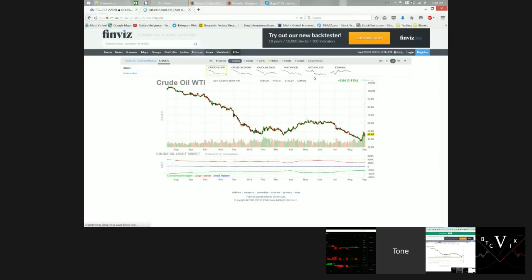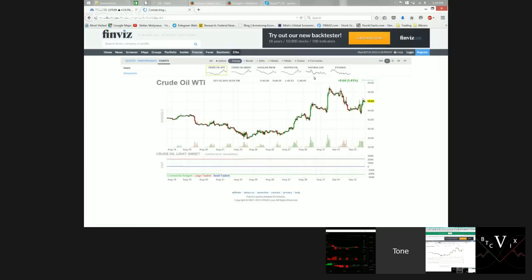But oil is good for nice little day trades. It seems to be swinging up and down. You want to give it a little leeway, and you should be able to do good on oil. When oil picks a direction, it usually moves about $1 within the next couple of hours. So oil has been a really good asset to day trade during the day. I wouldn't recommend any swing positions.